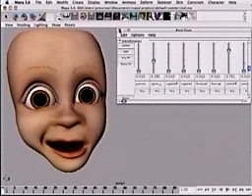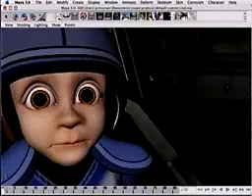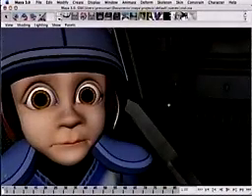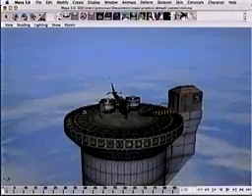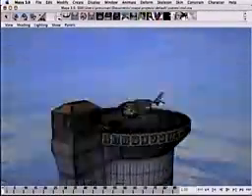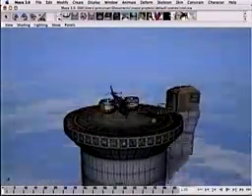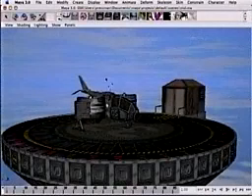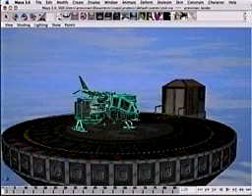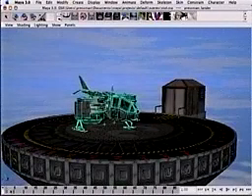Now, I also have an environment loaded here that I'd like to show you, and that's the character in a flight suit sitting in the cockpit of the spacecraft. So I can zoom out, and you can see that this spacecraft is on a landing pad floating above the atmosphere here. And I can just zoom in, and what I want to do now is show you how we can animate this ship taking off. So I can just simply select the ship, and then bringing up a manipulator, just start to set some keyframes. So I'll say at the first point in time, I want to set a keyframe, I'll move forward, and now